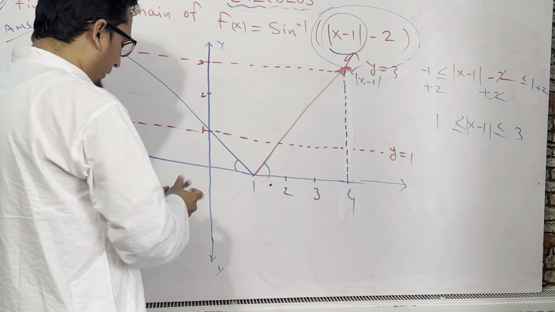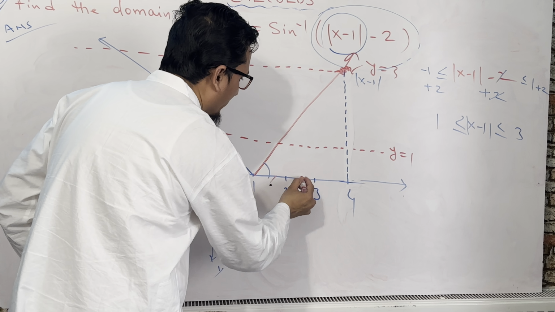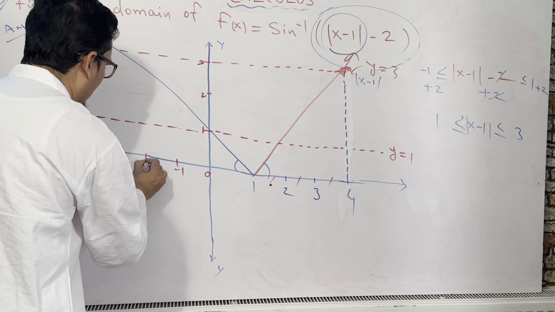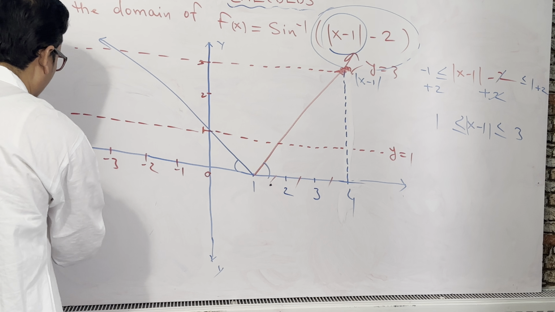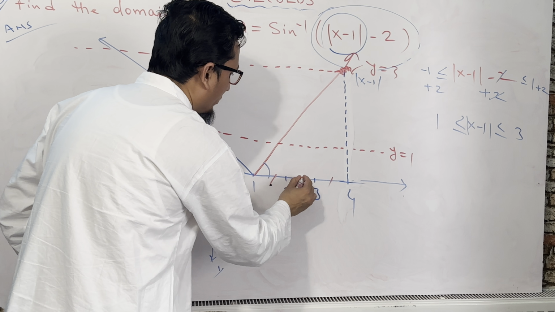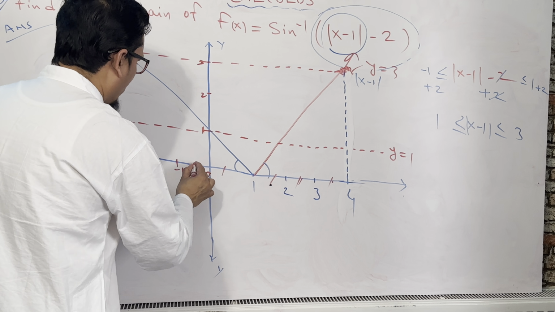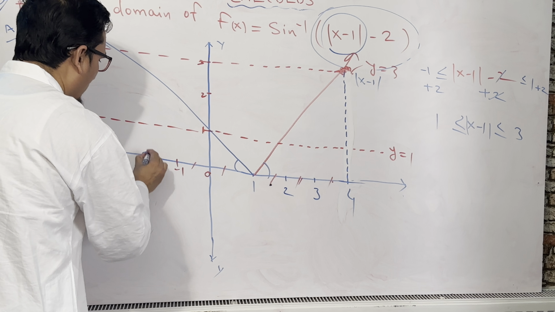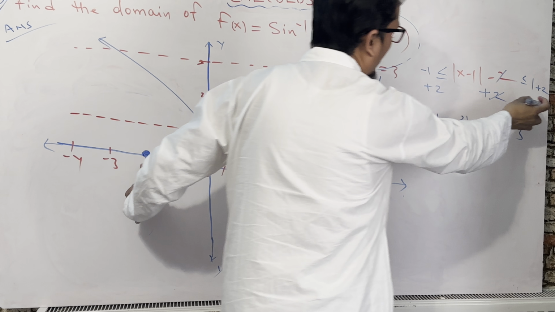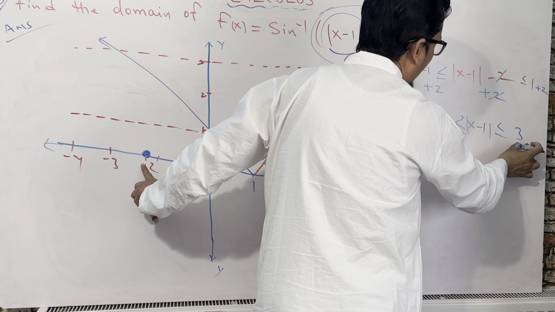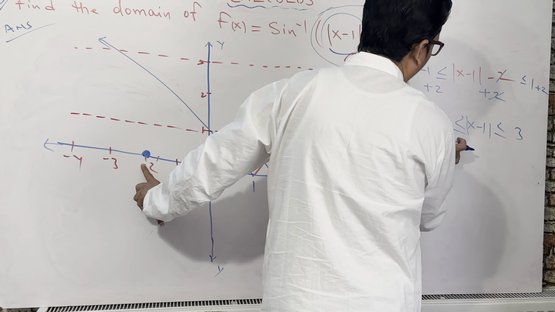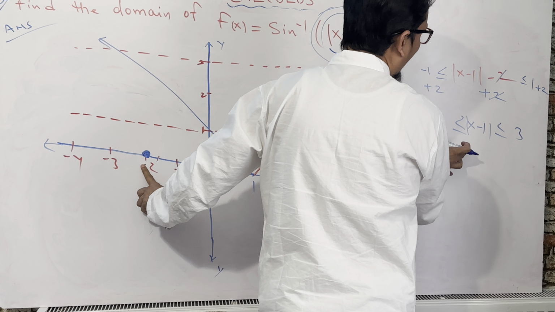So how many portions are we here? 1 section, 2 section, 3 section. So here this is 0, this is minus 1, this is minus 2, this is minus 3, this is minus 4. Here 1, 2, 3 sections. So you are here, right? If you want to find out the x, just add plus 1, right? So add plus 1, 3 plus 1 is 4, and here add plus 1, 1 plus 1 is 2. So you can take minus